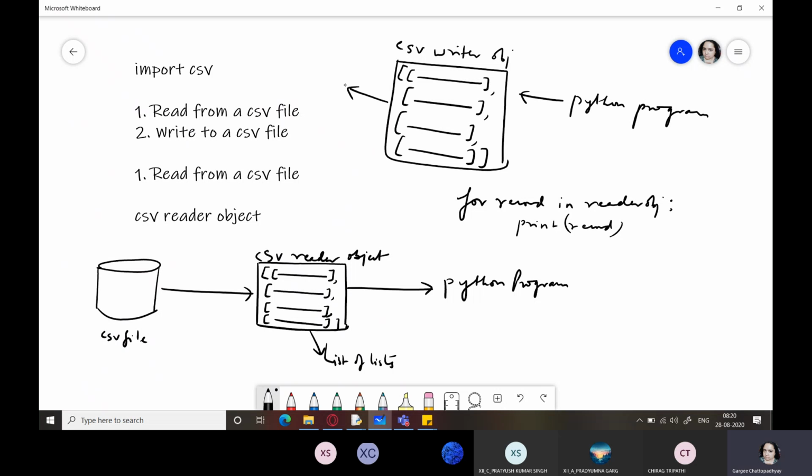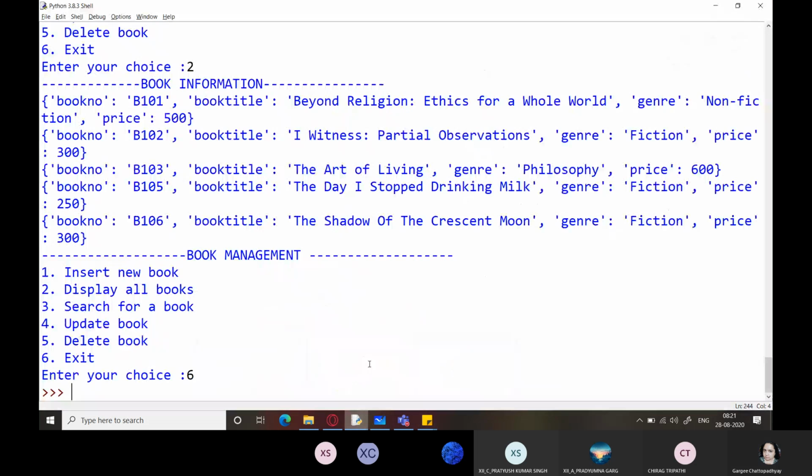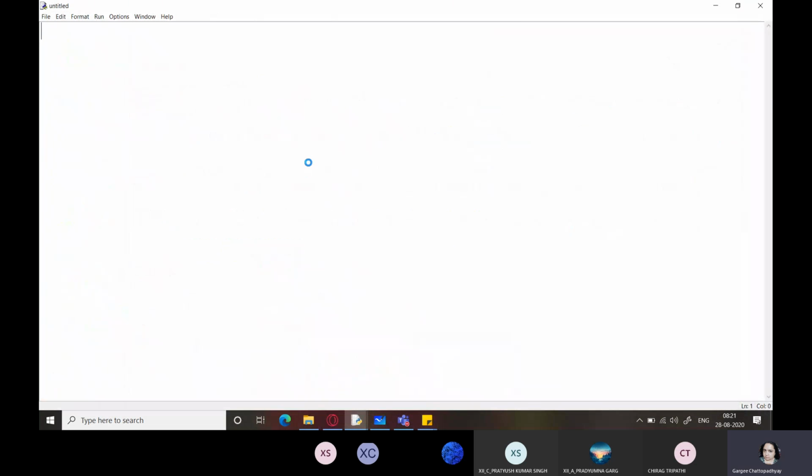And then this would be sent to your disk file. So CSV reader object and CSV writer object, these two are used to perform read as well as write operations on a CSV file. So we are going to do this first. I'm going to open a new file and I'm going to save it.